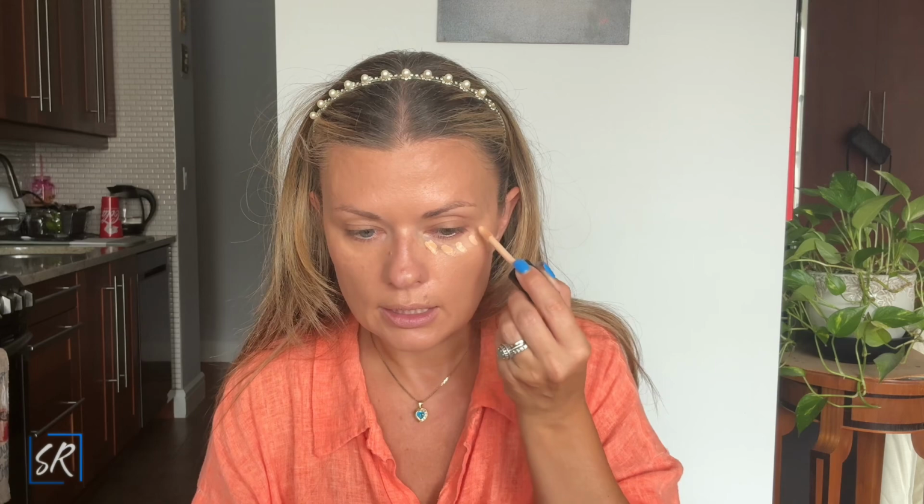Okay, for my concealer, I have the Hourglass, but I'm not going to use it today. I will use my Say Slip Tint in 6. I really like this concealer. It's a little bit on the sheer side, which is okay with me. But what I like about it is that it's more,